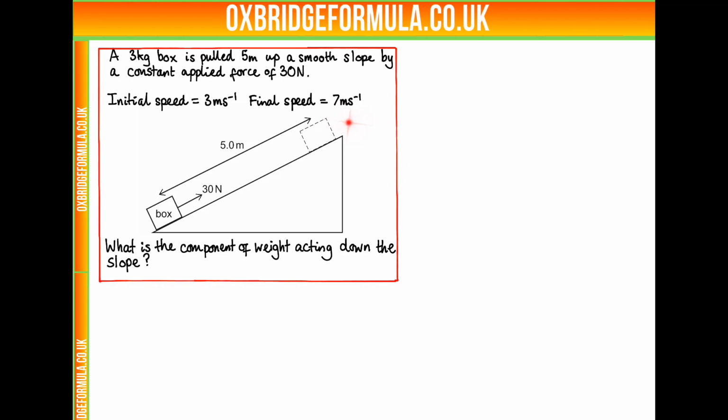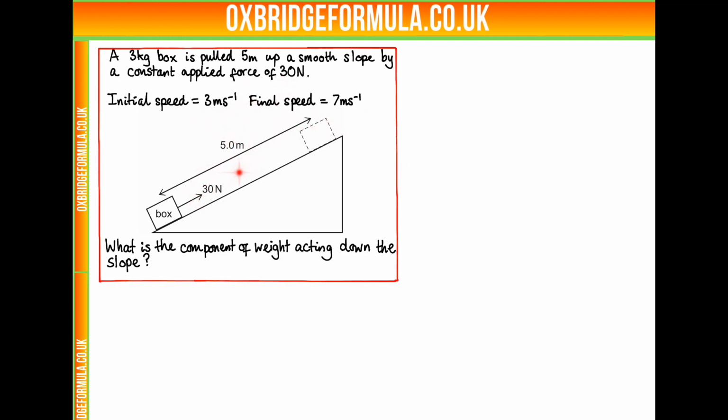So this could be SUVAT or energy. So we have a diagram over here. What is the component of weight acting down the slope? Well, immediately I think we're given the velocities, so this could relate to kinetic energy, and then we have some